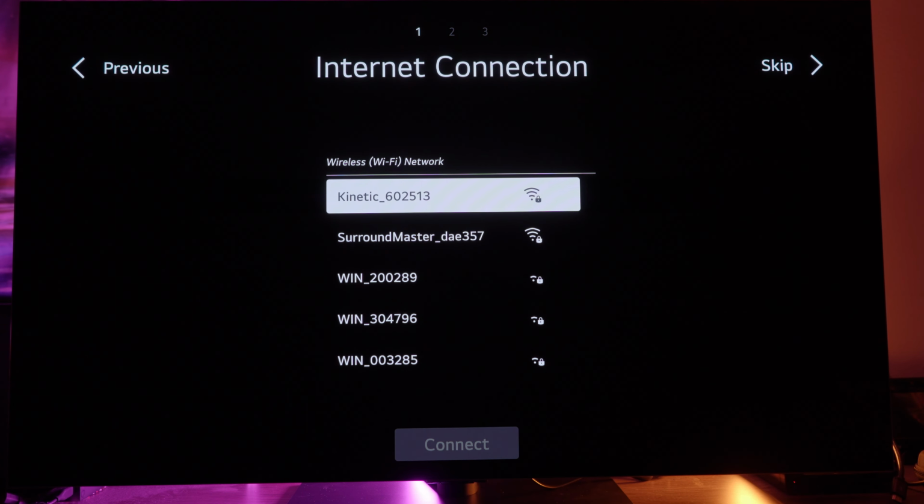Now they're showing us a quick little tutorial. Sign into your account, service cards and app list, recent inputs, smart TV experience like WebOS and all that. I'm going to click out of that. I don't actually want that. I'm going to exit that. Hopefully I can try to find the demo and manually play the demo, because LG's pretty good about giving you the demos, but I don't actually know that they're in here. So I will try to find an example of the store demos to play, and then we're going to come back once we have something